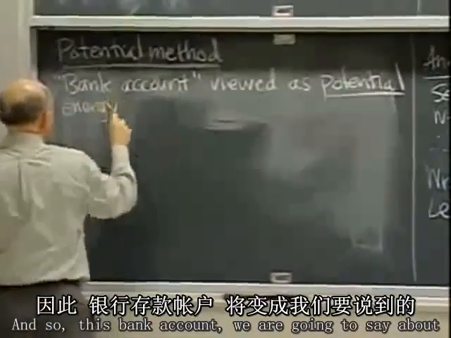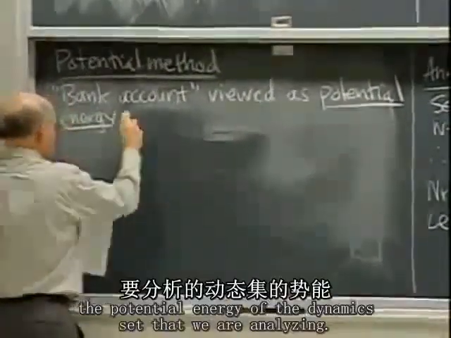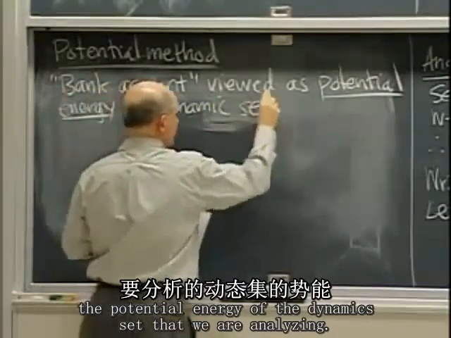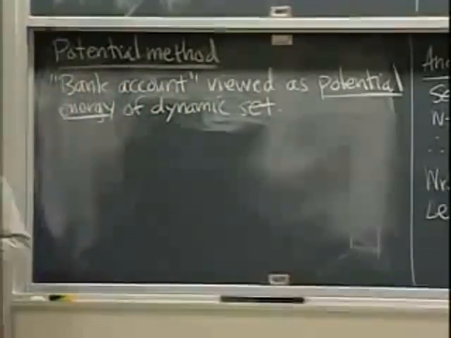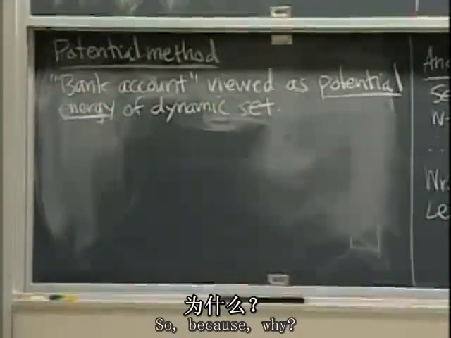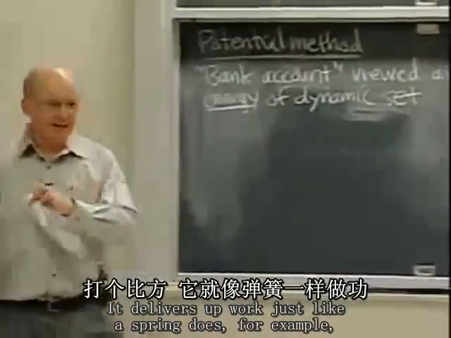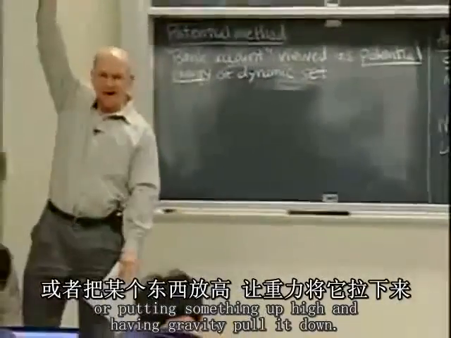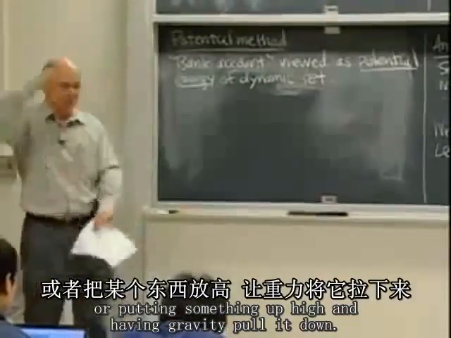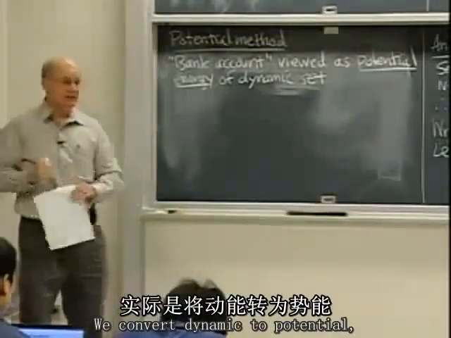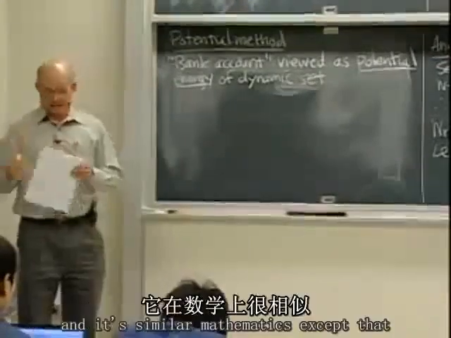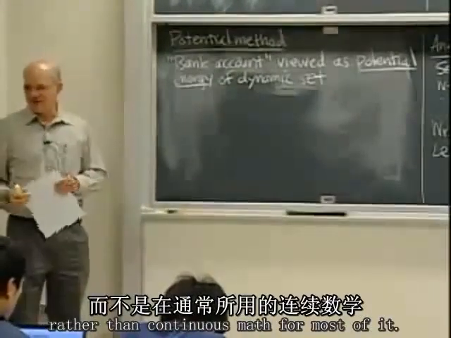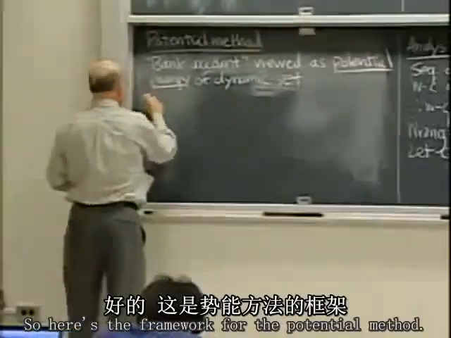And so this bank account, we're going to say, is the potential energy of the dynamic set that we're analyzing. Why? Because it delivers up work, just like a spring does, for example. When you study potential energy, you put something up high and have gravity able to pull it down. We convert dynamic to potential, and that's exactly what we're going to be doing here. It's similar mathematics, except that in our case it turns out to be discrete mathematics rather than continuous math for most of it. So here's the framework